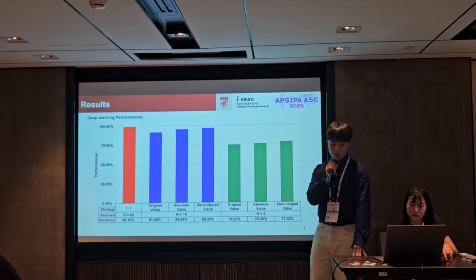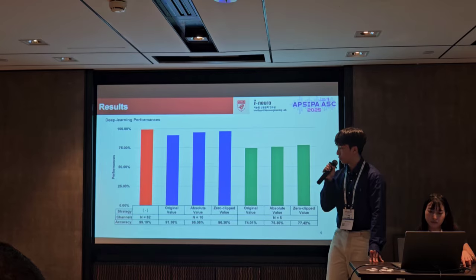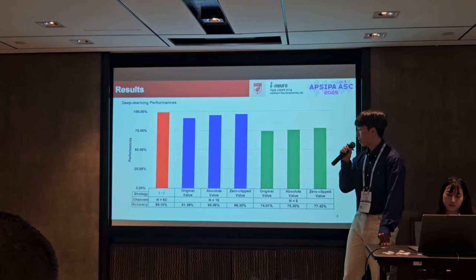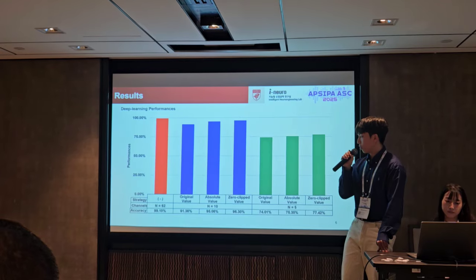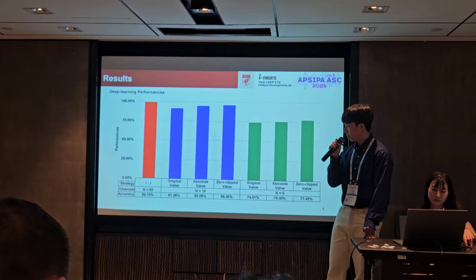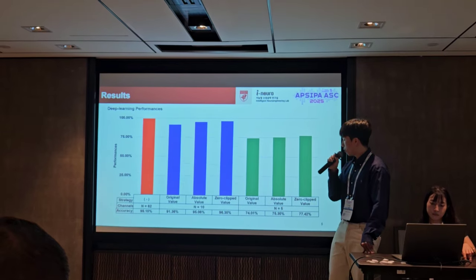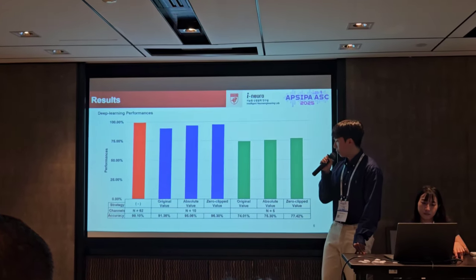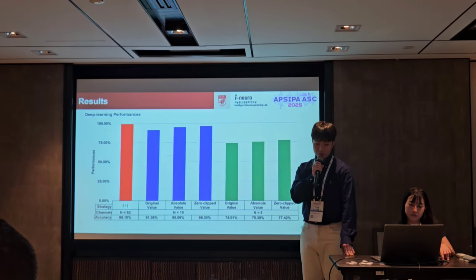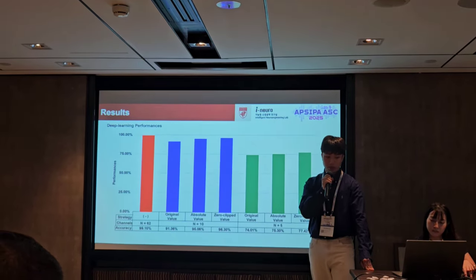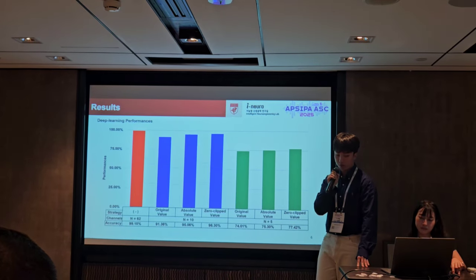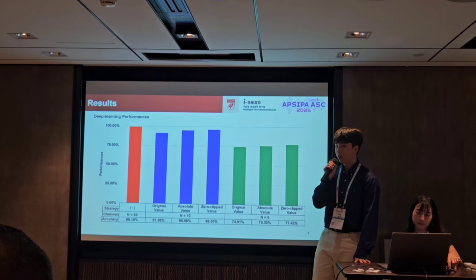When all EEG channels were used, a high classification accuracy of 99% was achieved. With 10 channels across all strategies, the accuracy remained above 90%, and with 5 channels, however, the accuracy dropped to around 75% across all strategies. These results indicate that the proposed channel selection algorithm can maintain strong diagnostic performance with as few as 10 channels.